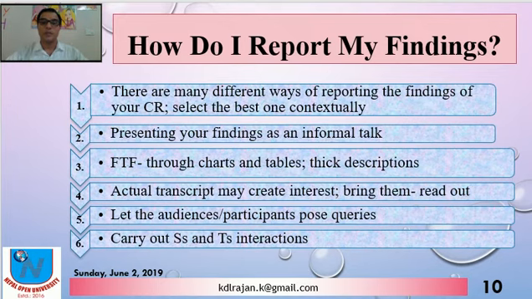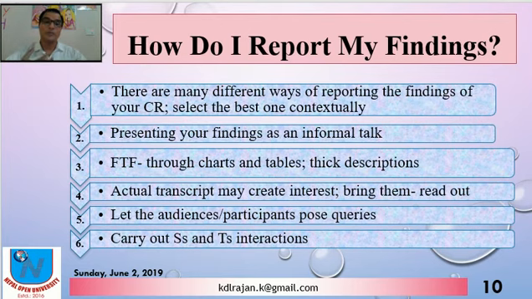Then while reporting the findings, if you bring the actual transcript there, that may create interest for the audience. So bring the transcription of the audio, what the respondent has said, and read it out. The audience may find it interesting what they said at that time.